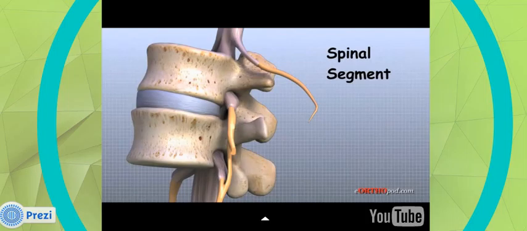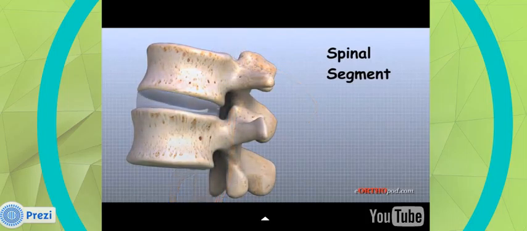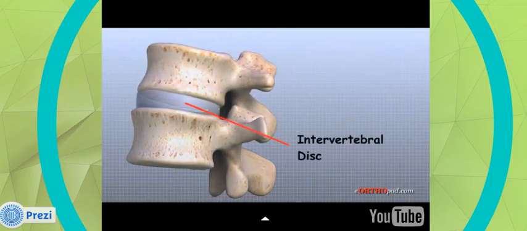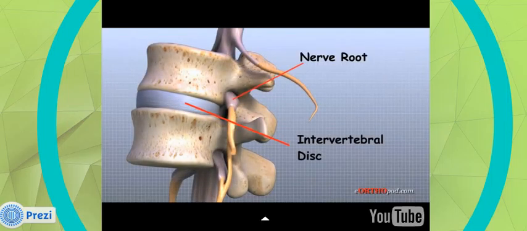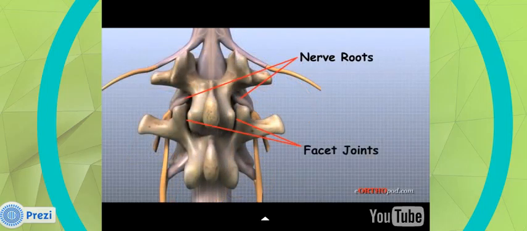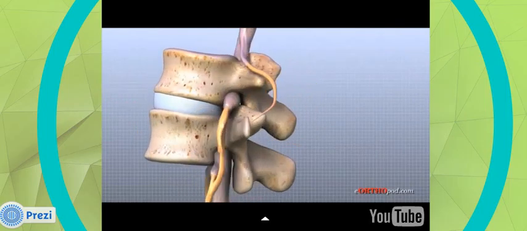It is sometimes easier to understand what happens in the spine by looking at a single spinal segment. The spinal segment includes two vertebrae, the intervertebral disc between, the two nerve roots that leave the spinal cord at that level, and the small facet joints that link each level of the spinal column. An intervertebral